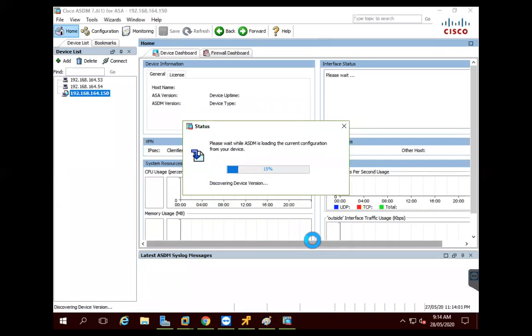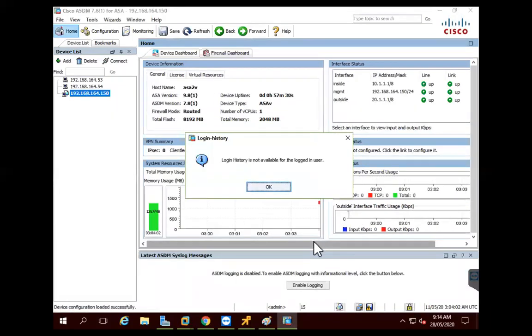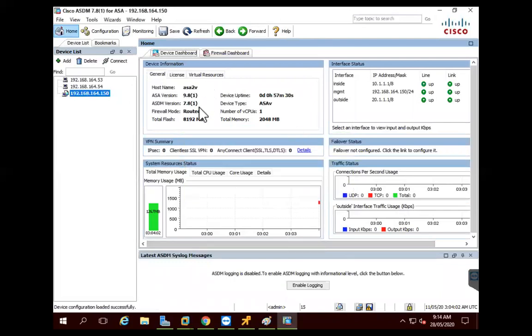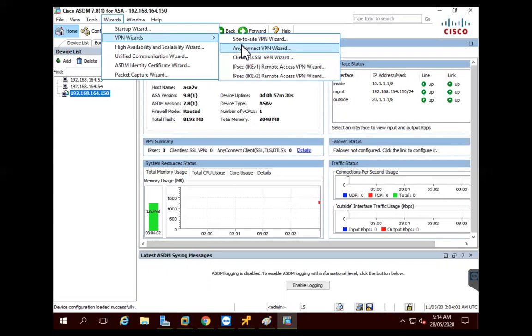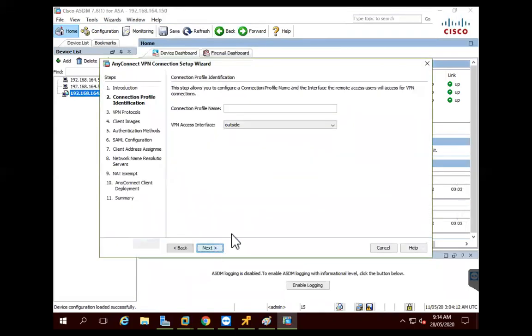So now I am able to log into the ASDM. So what I would do, I would go to Wizards here and I will click on VPN Wizards, AnyConnect VPN. So click on Next and I will say profile 1 in the outside interface.